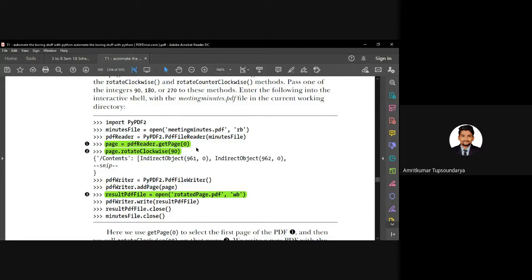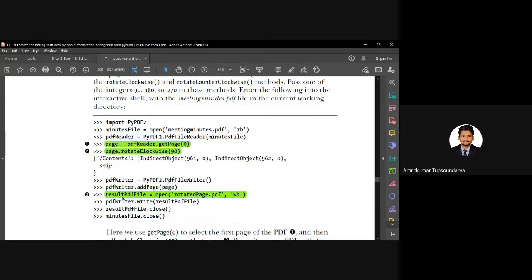Once I get which page is to be rotated, I can use the inbuilt function, that is the rotateClockwise or rotateCounterClockwise function. These are the functions which are provided by the module PyPDF2. So in order to use these functions, you have to, of course, import the PyPDF2 module. Once you specify the function name and also the degree by which you want to rotate, the output will be the rotated page.